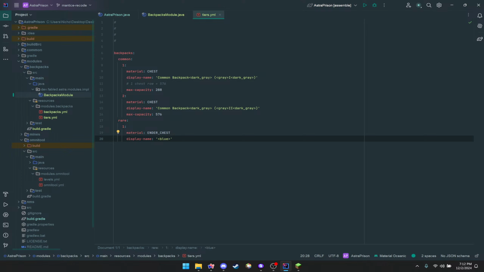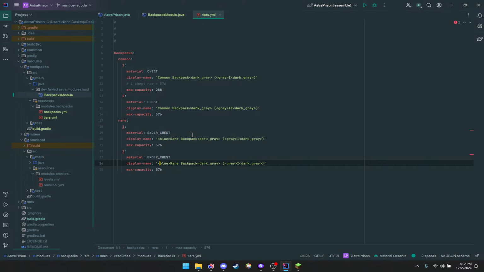And we'll do blue, rare backpack, dark gray, gray 1, dark gray. Okay, there we go. 576, and then tier 2, we'll have obviously tier 2 like that, and then we'll say 576 plus